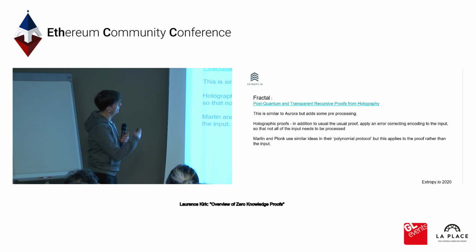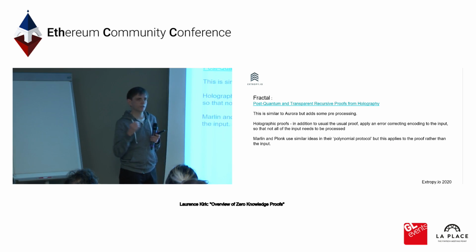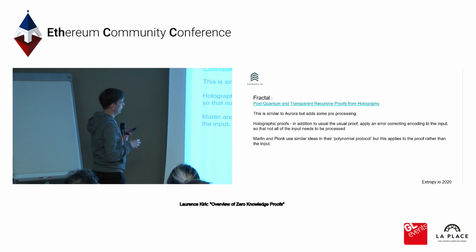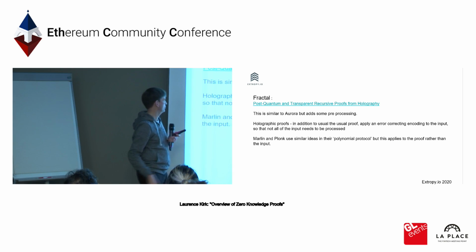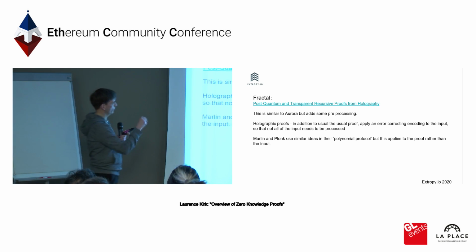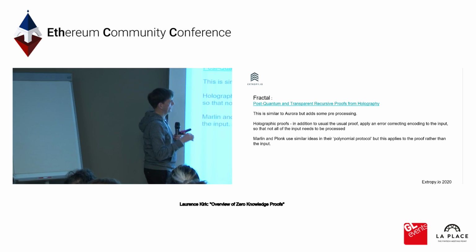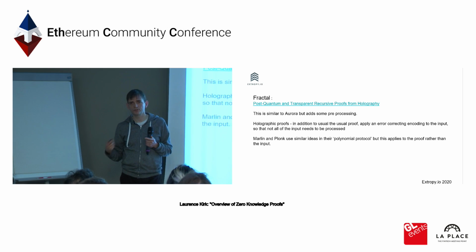Also Fractal, so they're taking a similar approach to STARKs, Aurora. But they also have this additional step where they apply an encoding, to reduce the amount of information that is needed in the input. And then Marlin and PLONK, so they're doing the SNARK projects, they also do a similar idea of encodings, but at a different process. So all of these projects, I see them as very creative. They're all very much borrowing from each other and using a lot of different types of ideas in cryptography to achieve succinct and performant proofs.